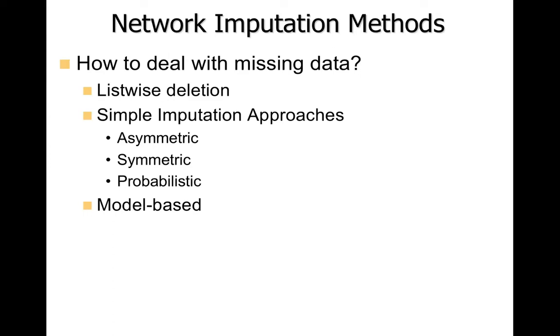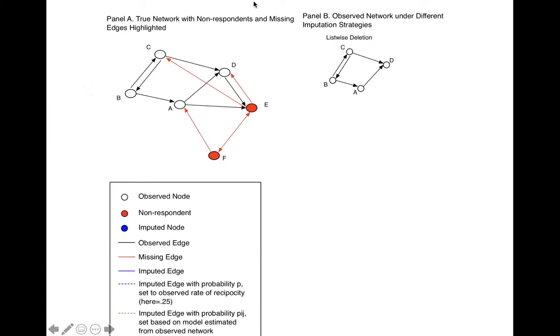So what are your options? You have missing data of this form, where non-respondents don't fill out the network portion of the survey. There's no information about their outgoing ties. So how can you deal with the fact that you have this incomplete network picture? I'm going to go over three different strategies for dealing with missing data. Listwise deletion is the easiest, simplest version. Then simple imputation approaches, and there are three versions of that, and then a more general approach, model-based imputation. Okay, so first,